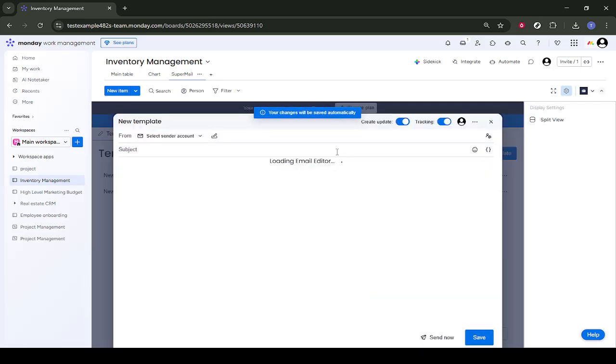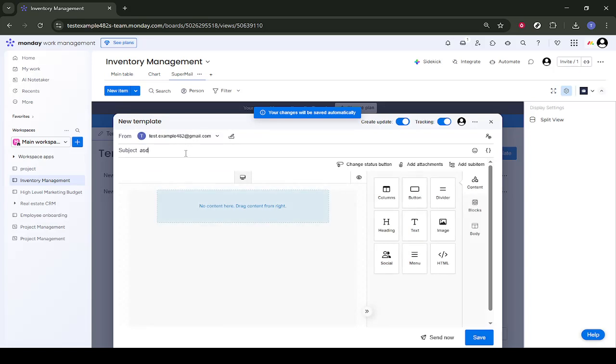Find the option labeled Add Attachments and click it. You'll see choices for attaching files from a column or directly from your device. If your board already has a Files or Attachments column, choose from Column to automatically include whatever is stored there for each item. If you want to upload something new, choose from Device and pick the file from your computer. Once you've selected the file source and any specific column or file, apply those settings so the attachments become part